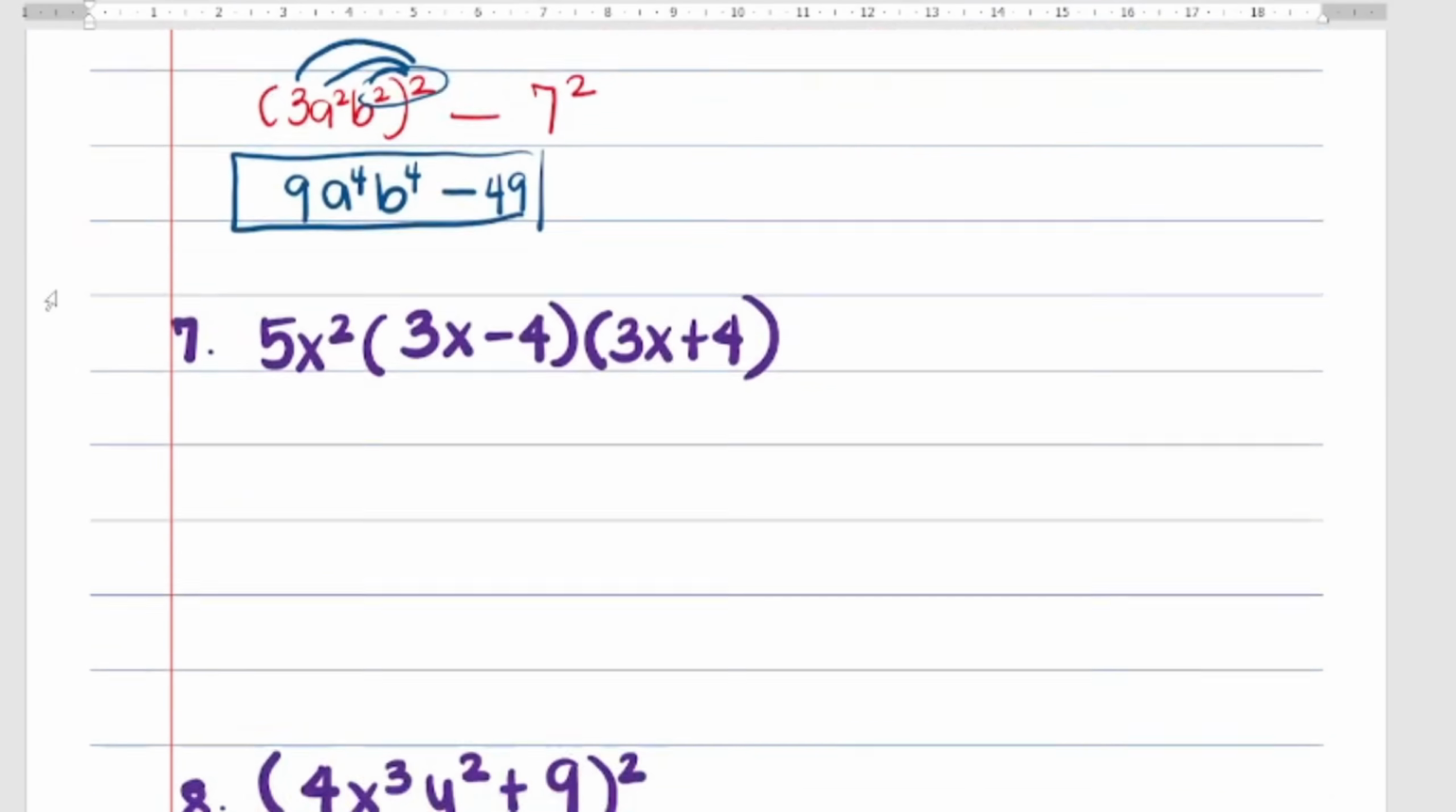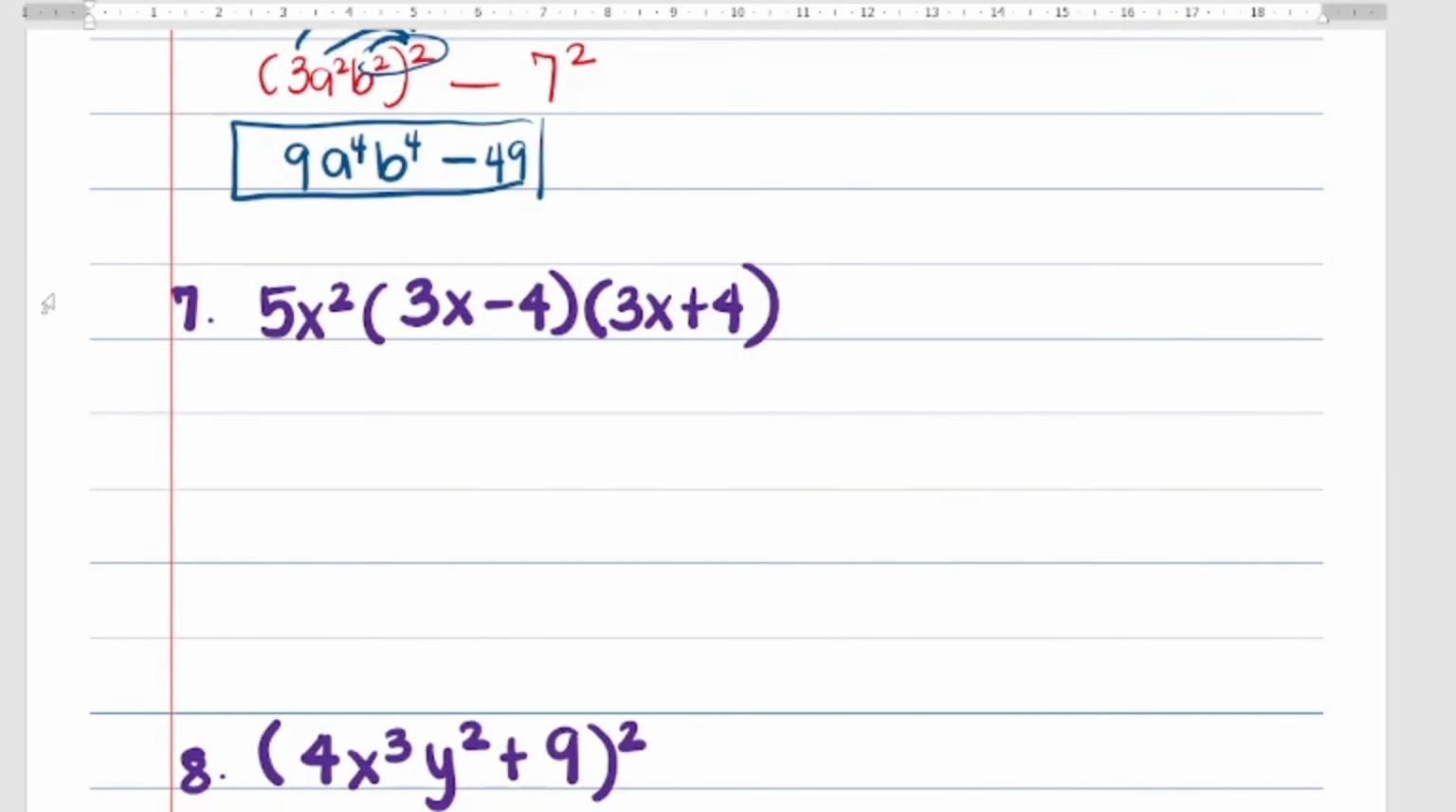Next one, in number 7, we have 3 sets of factors here. So we will just multiply them. Multiply 5x squared to 3x minus 4, then whatever their product is, you multiply it here. It cannot be done all at the same time. So take it slowly. The first value times the second one, then whatever the answer is, multiply it by the third. But if you could notice,